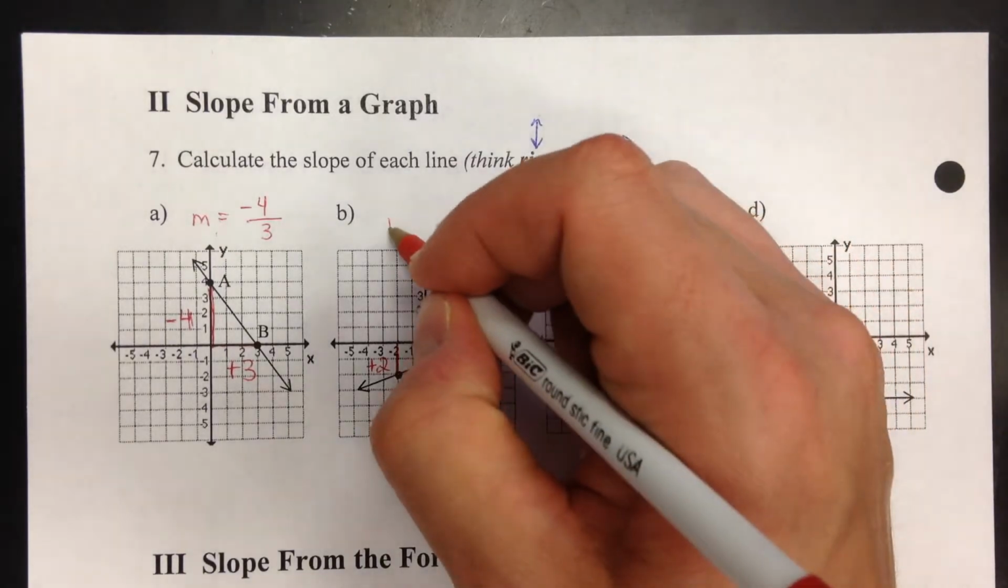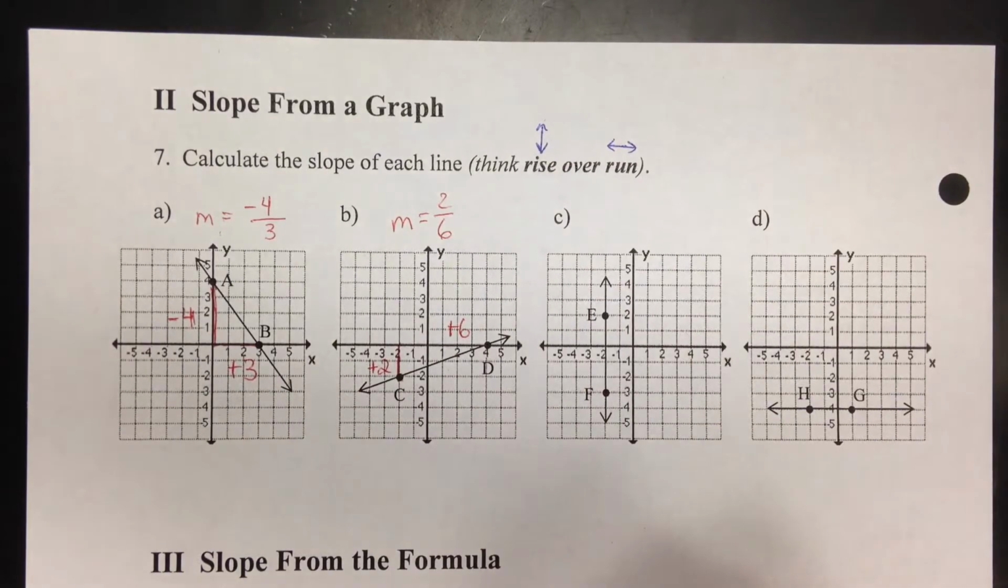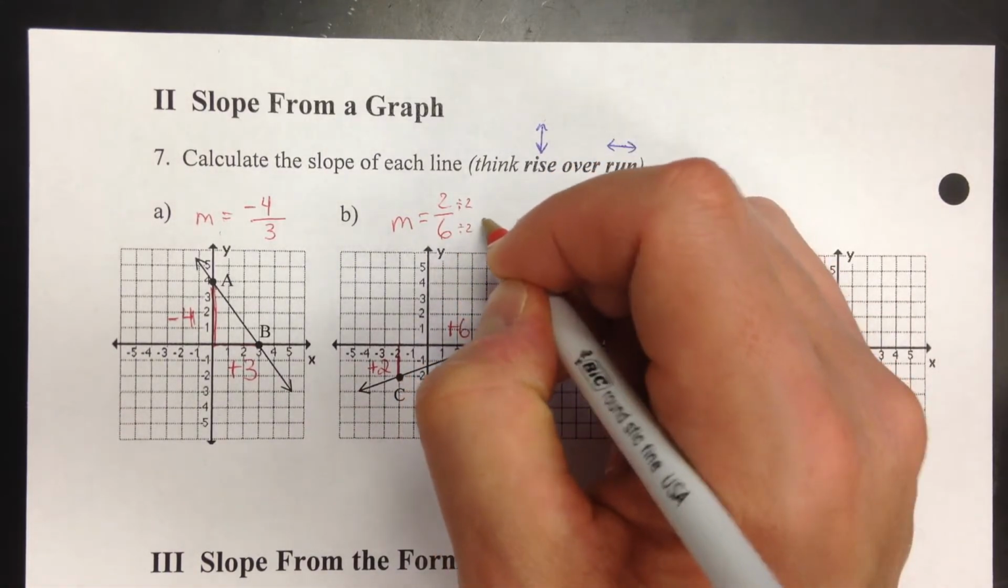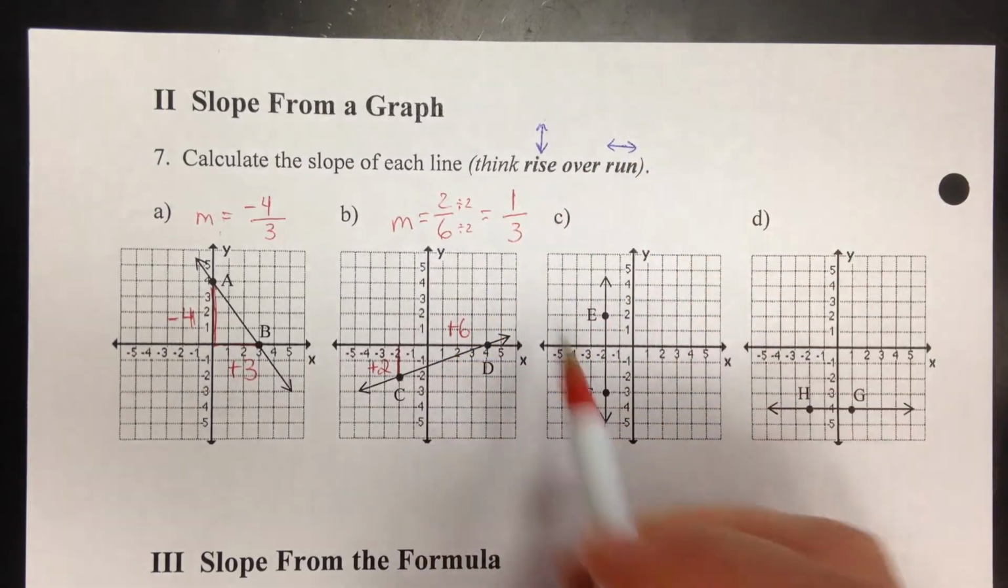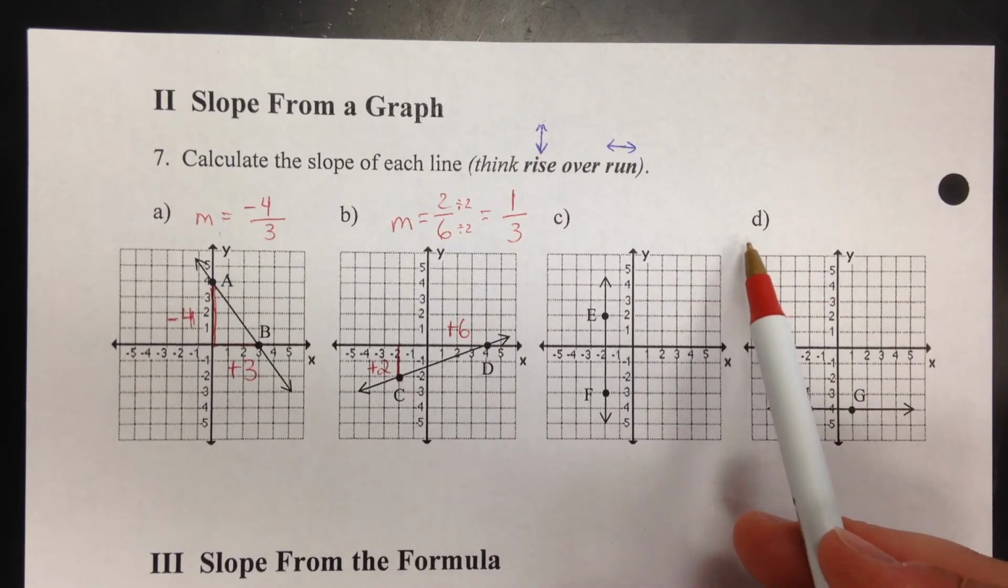So the slope, m equals 2 over 6. Now both of these, we can reduce those numbers. You can divide each of these by 2, and what you get is 1 over 3. So there's your slope. For line C and line D, these are special